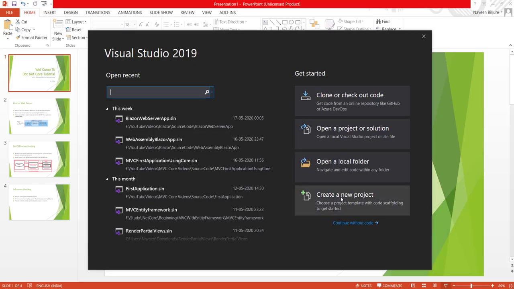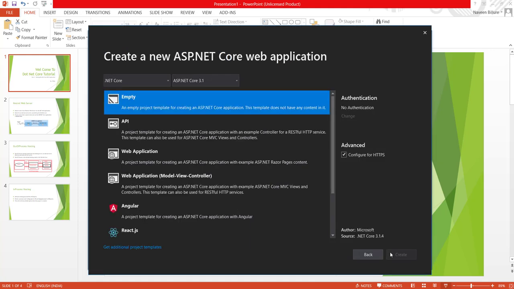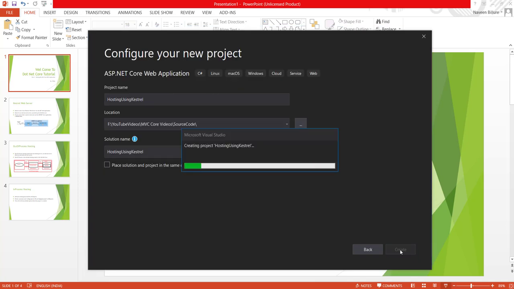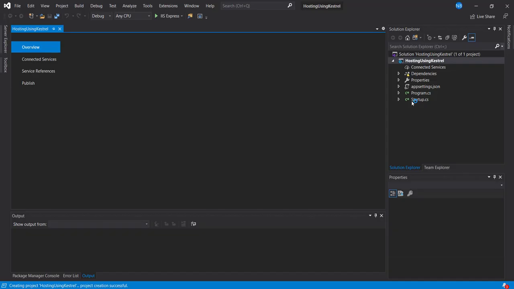Let me create a new project. I will select an empty template and uncheck Configure for HTTPS. Let's wait till Visual Studio configures our project. Now our project is ready to use.